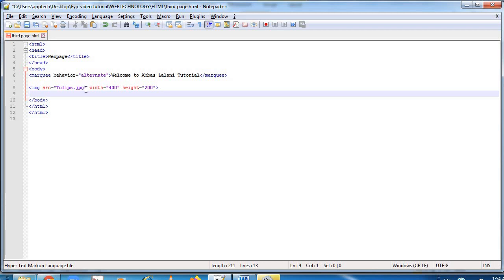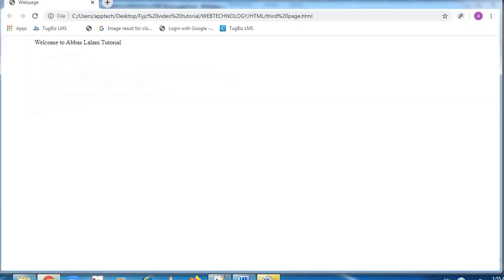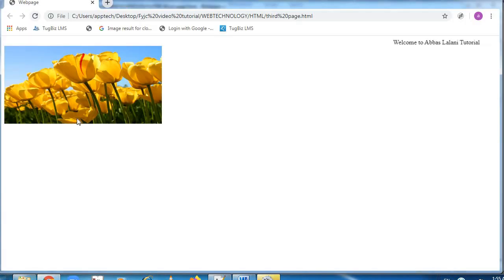If it is not there in the folder, you have to specify the path location. Width I have kept 400 and height I have kept 200. Let's see, the image should come with width and height 400 by 200. The image has come with the width and height.